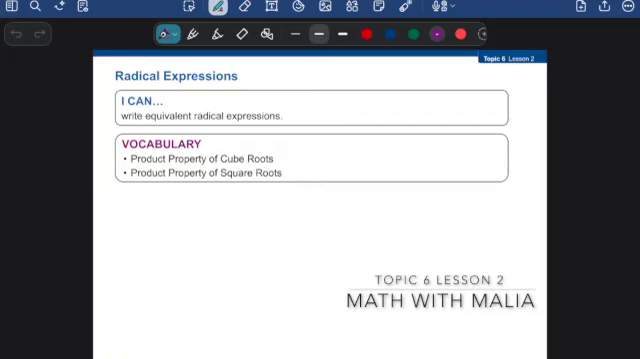Today we're doing Savvas enVision Algebra 1, Topic 6, Lesson 2, Radical Expressions. After today's lesson, you'll be able to write an equivalent radical expression. In other words, you are simplifying radicals. We're going to learn some new rules, some new properties, the product property of cube roots and the product property